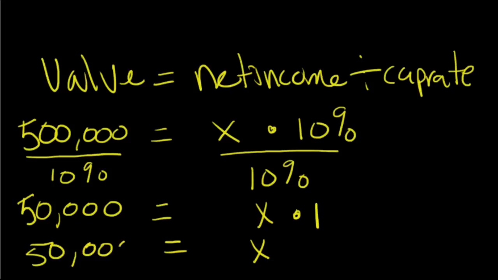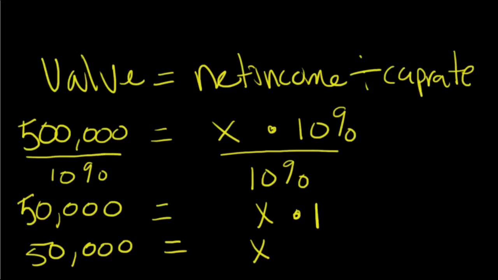So on an annual basis, we're making $50,000 in net income. We're going to divide that by the cap rate, and that's going to get our value. So that was so easy. I know you can do it on the exam. I know that you're not going to get tricked up by the difference between operating expenses and income, capital expenses.